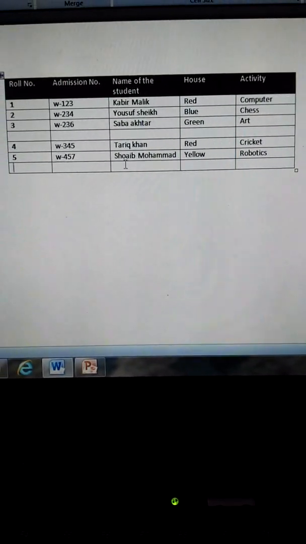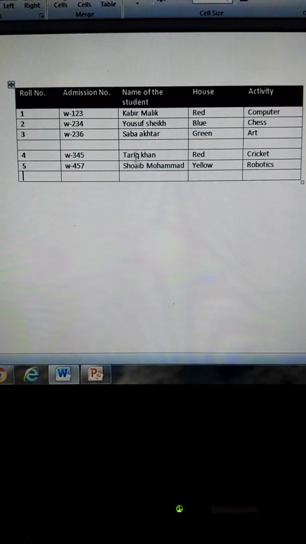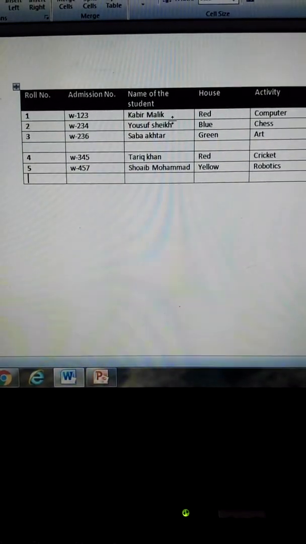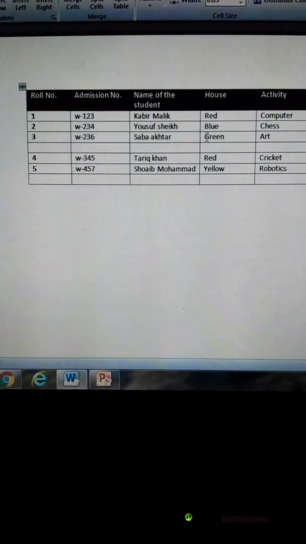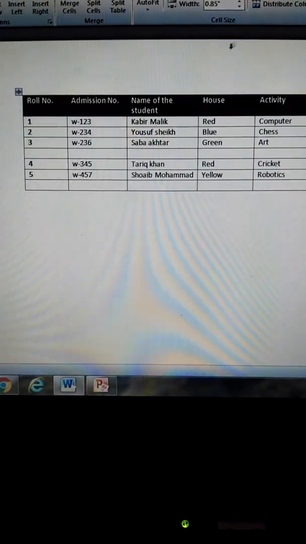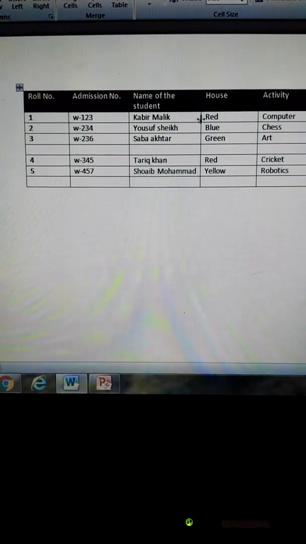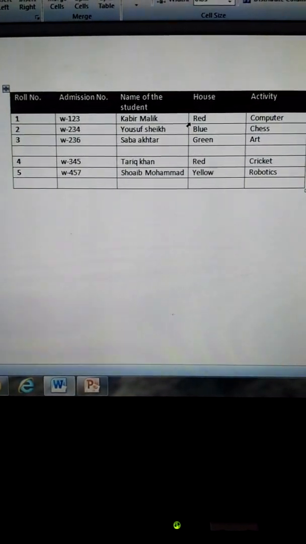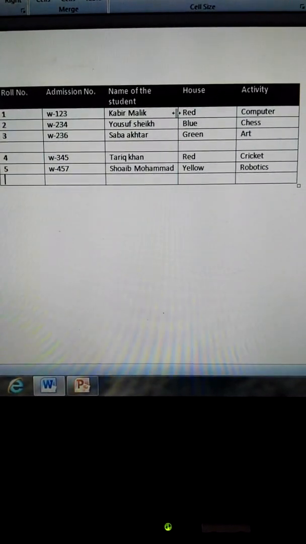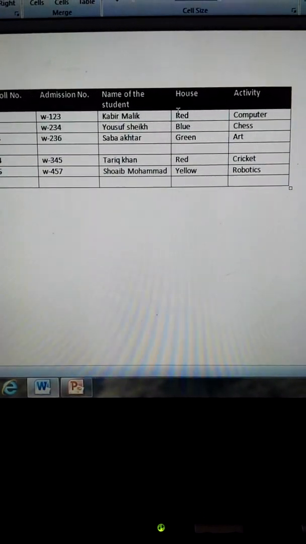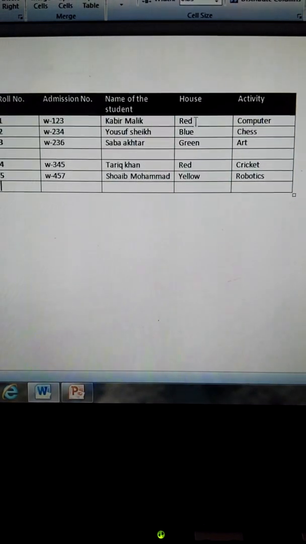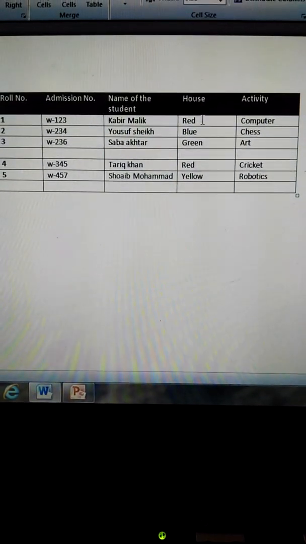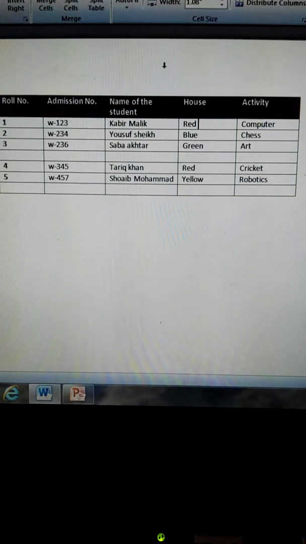So the next thing that we are going to learn about is inserting a new column, or adding a new column in the table. So students, let's suppose we want to insert a column at the left side of the House column. So we will place the cursor in the House column here, as you can see.